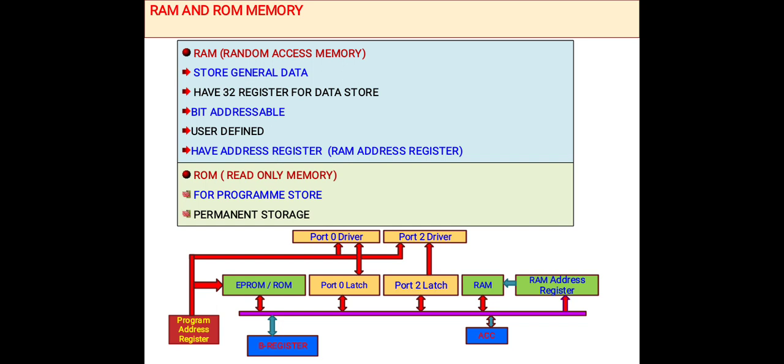This RAM address register is used to transmit address to RAM. Then the memory location becomes active on that particular address, so we can take data or we can store any data there. For read-write operation, there are separate read and write control signals. RD bar and WR bar are present in microcontroller.